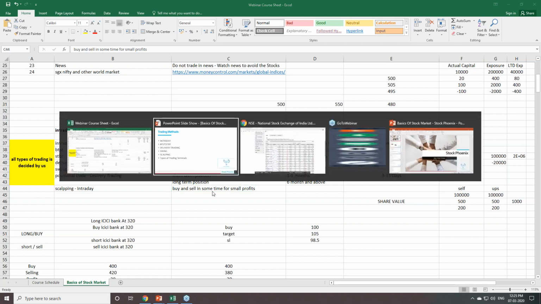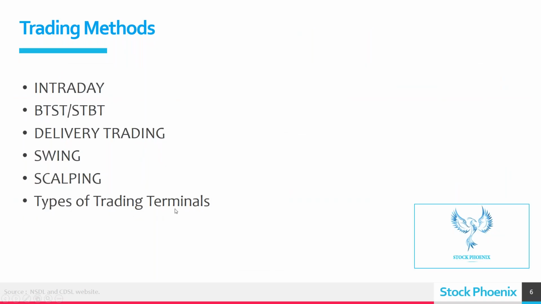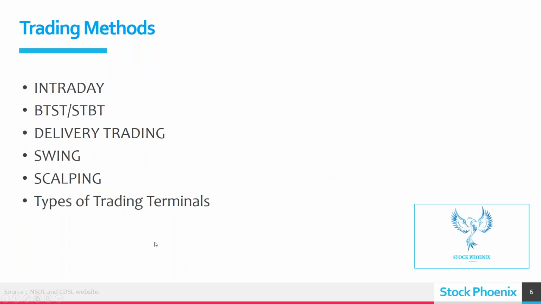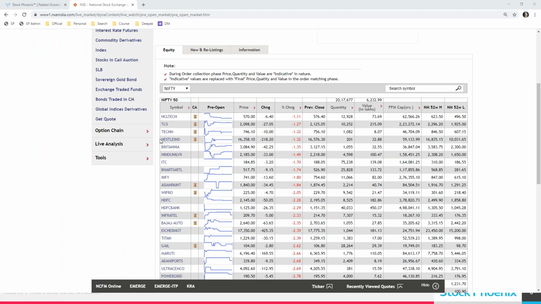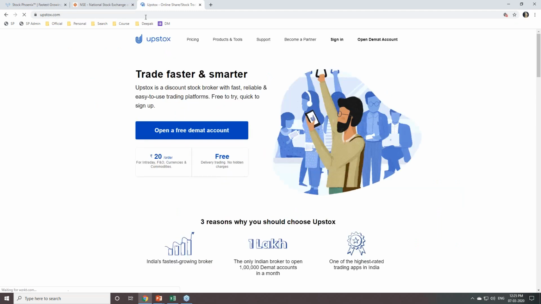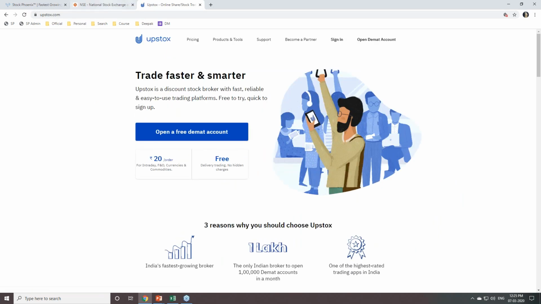Next, types of trading terminals. Everyone will be having a demat account. So now let's see what are all the types of trading platforms which are available. Let's go with Upstox, because it's very difficult to explain all the brokers. So when you see here